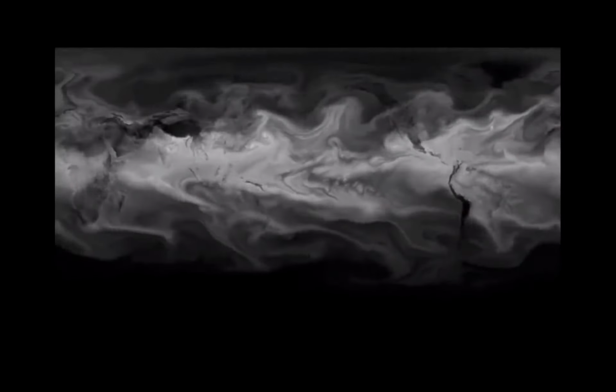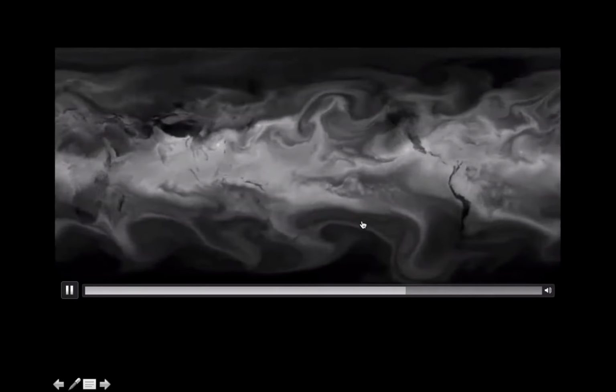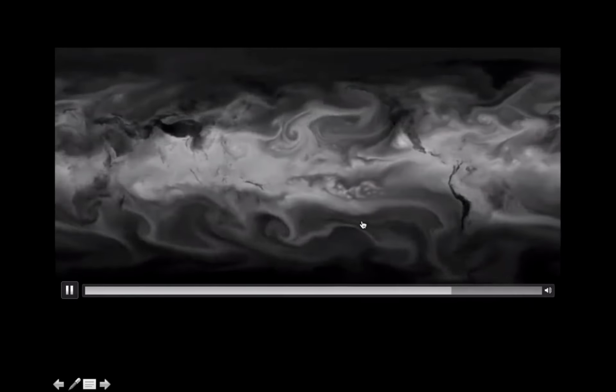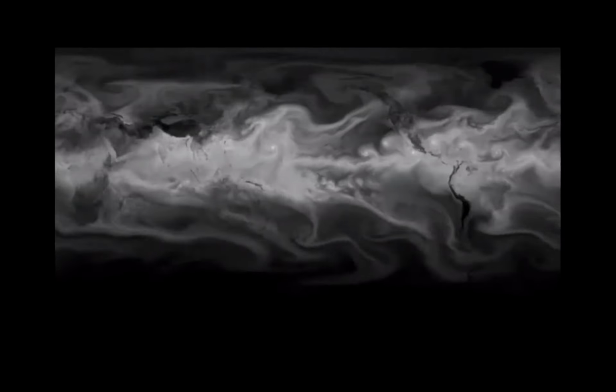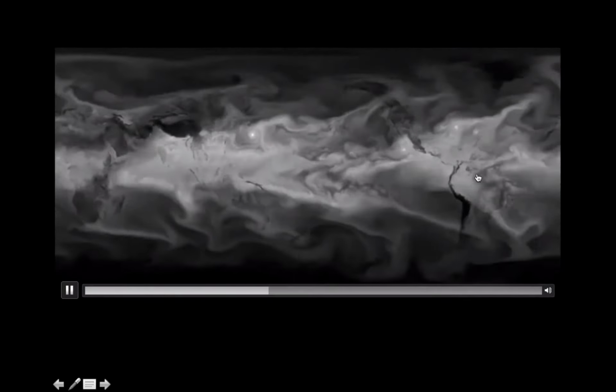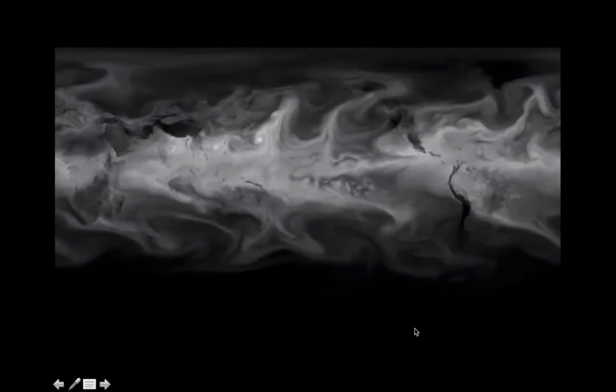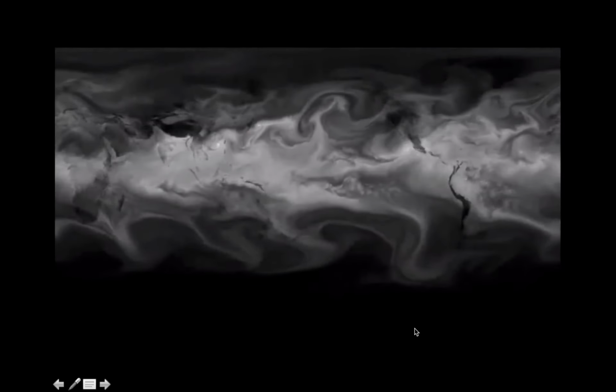Now, I want you to remember one other thing about this animation. The driest places on Earth are actually our polar regions, and that's because of this fact. The atmosphere's ability to contain water vapor is directly proportional to its temperature. So that means the hotter it becomes, the more water vapor the atmosphere can contain, meaning that the Earth's equatorial regions can contain the most amount of water, whereas our polar regions, which are cold, contain the least. Keep that in mind as we move forward here.